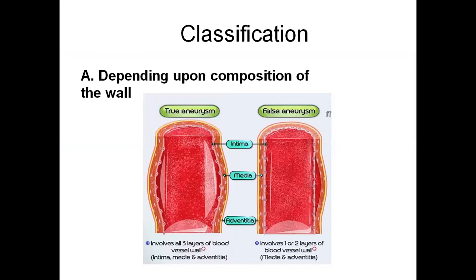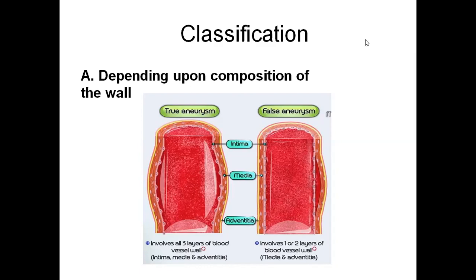The vessel wall comprises three layers, that is intima, media, and adventitia. If all three layers of the vessel wall are involved,